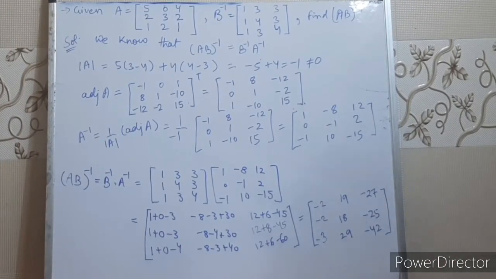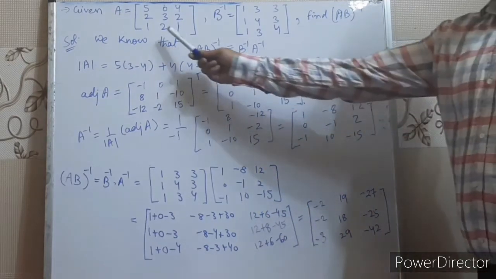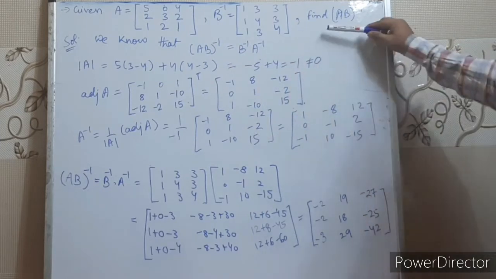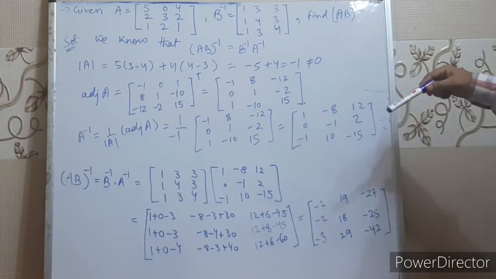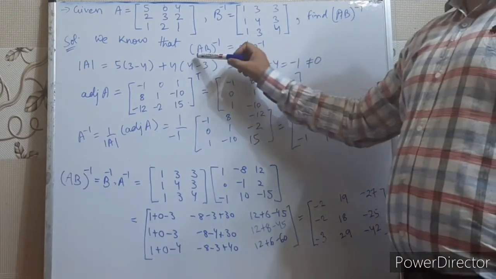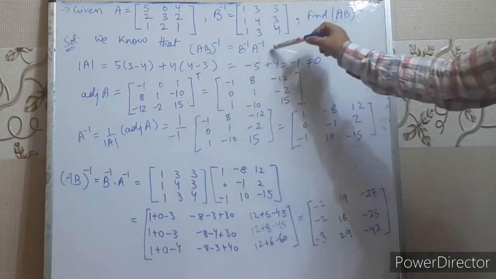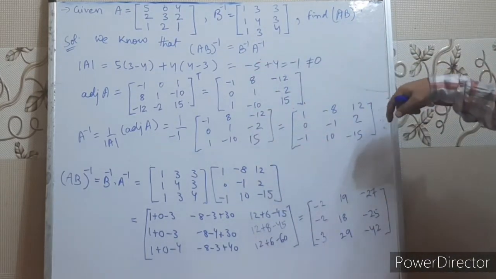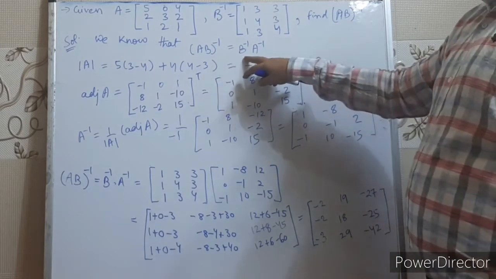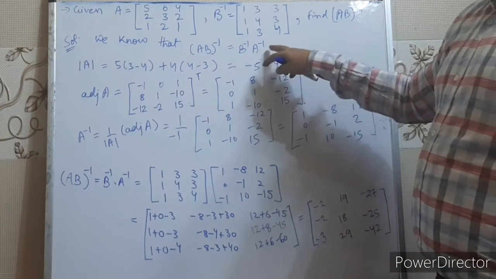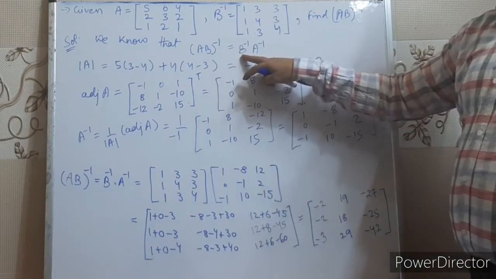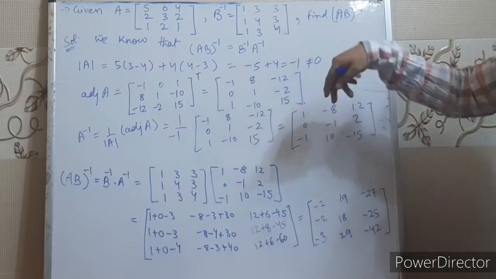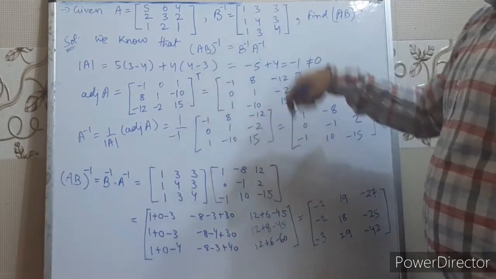Okay, moving towards the next sum. Here it is given that matrix A and B inverse are given, and we have to calculate the value of AB inverse. Now, children, we have studied in the last theorem that AB to the whole inverse is B inverse into A inverse, and today we are going to apply this theorem. AB inverse equals B inverse into A inverse, right? Now, the value of B inverse is already given. We have to calculate the value of A inverse, and when we substitute B inverse and A inverse and multiply, we get the value of AB to the whole inverse, right?